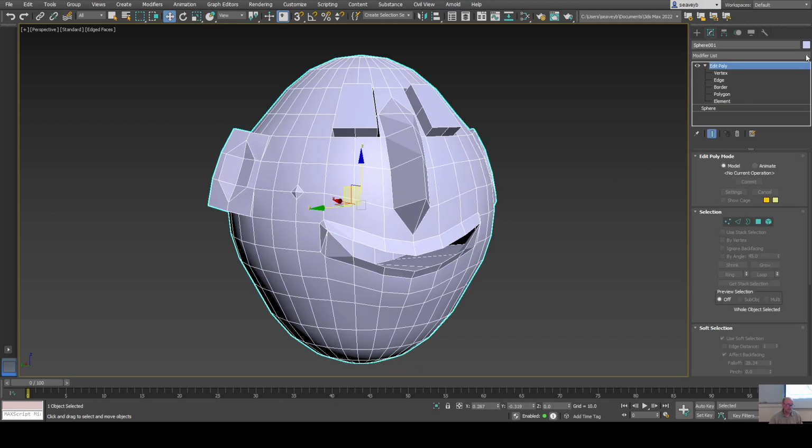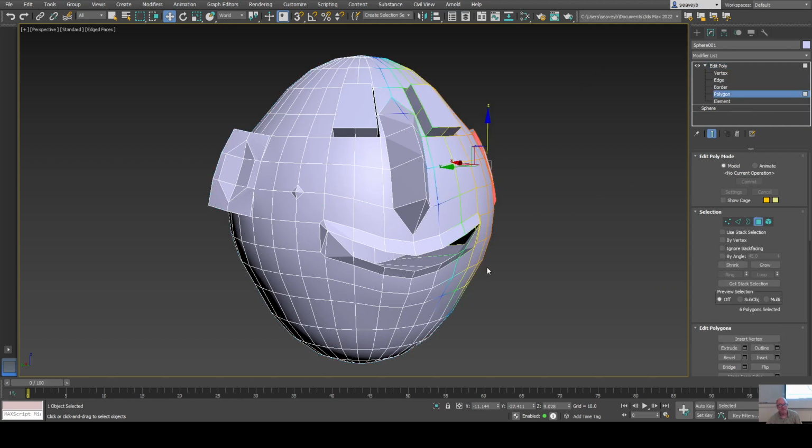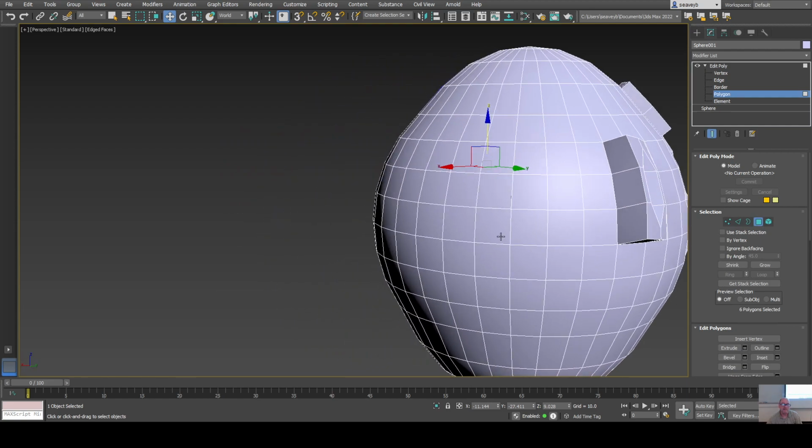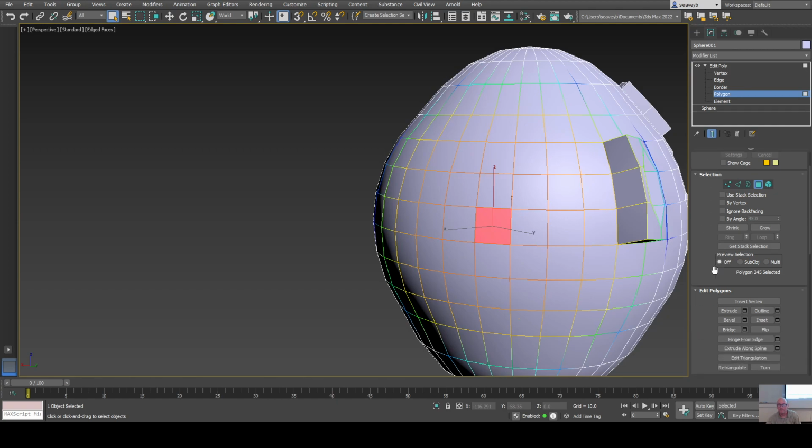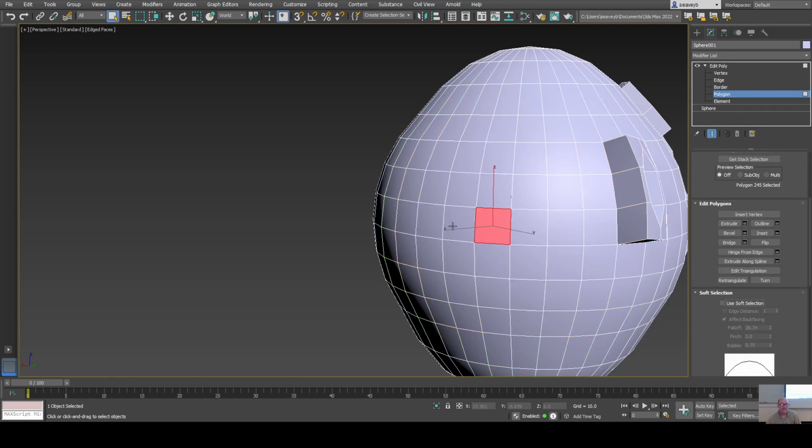The potential problem is that if I have it on polygon or edge or something, and I have some edges selected, and I add a modifier to it, that modifier can likely just act on the selected items. So for example, I just go polygon and maybe select some polygons back here with the Q tool, turn off soft selection. Okay, let's say I have this patch of polygons selected,